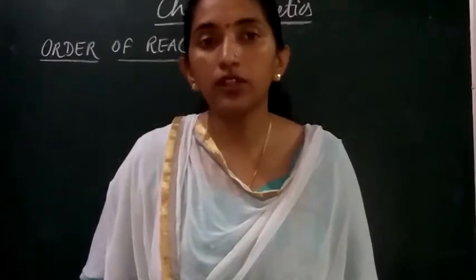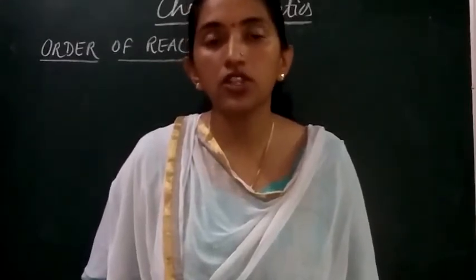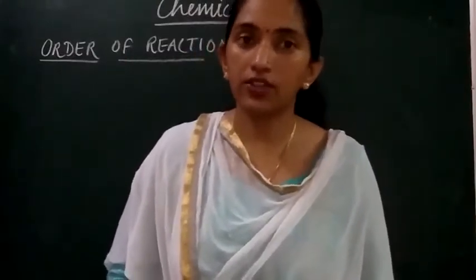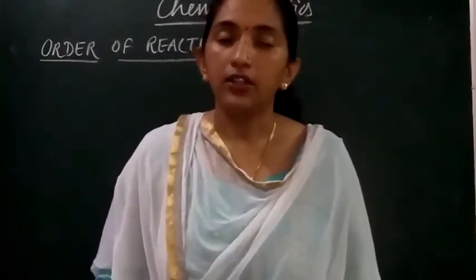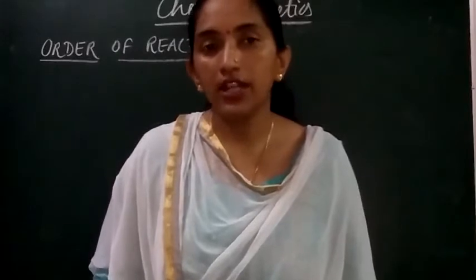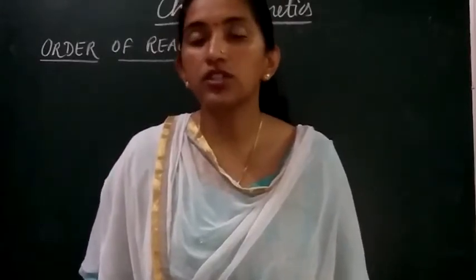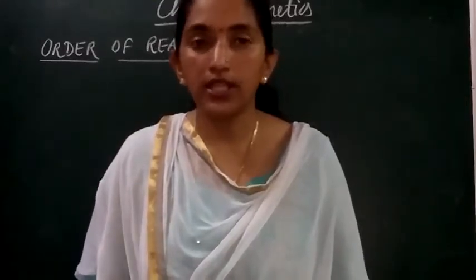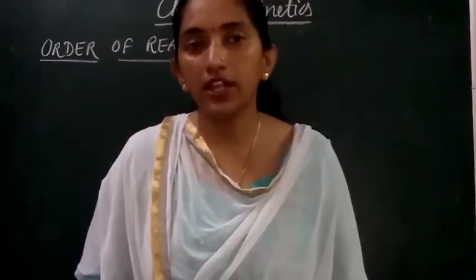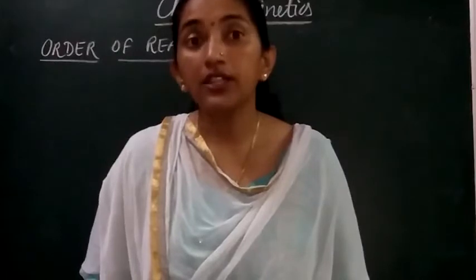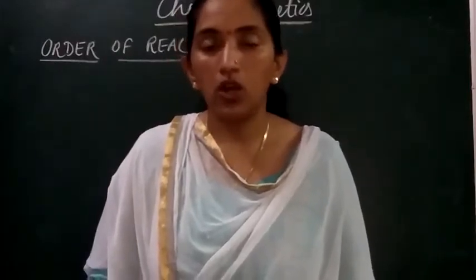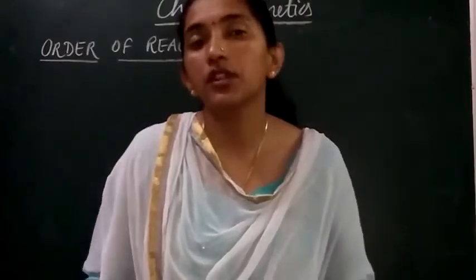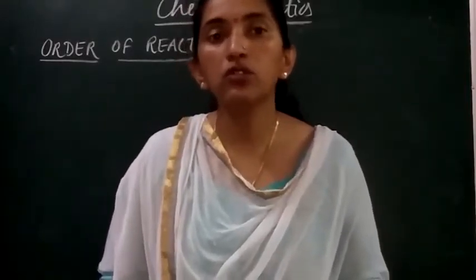Now, dependence of the rate of the reaction on the concentration term is expressed in terms of the order of the reaction, right? And the order tells us that the rate of the reaction is going to depend upon the concentration term, in which respect, or we can say how many times the rate of the reaction is going to get increased, right? So, or on which concentration term, or how many concentration terms the rate of the reaction is going to depend.